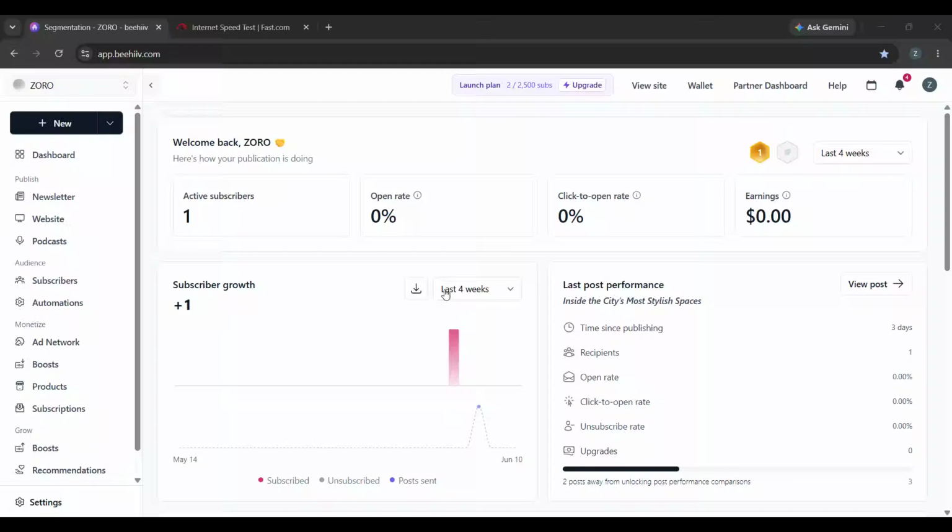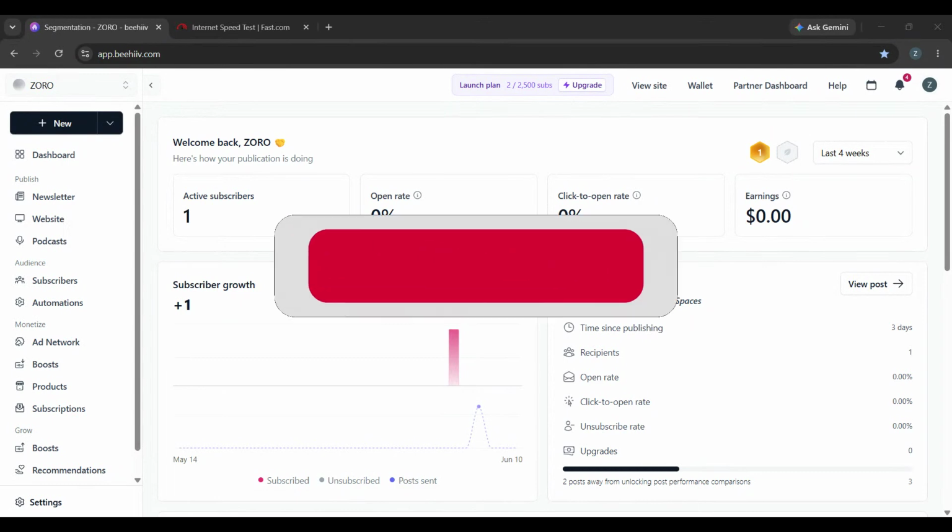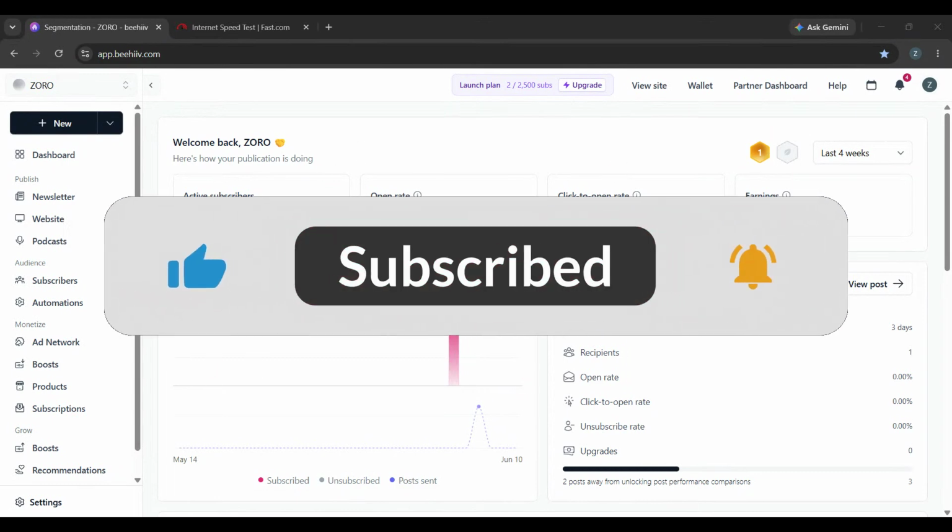If you're seeing Beehiiv error code 461, don't worry. In this video, I'll walk you through the quickest fixes step by step so you can get back into your account and publish without wasting time. This kind of error is usually caused by a temporary session issue, a connection problem, a browser conflict, or an account access restriction. The good news is that most of the time, you can fix it in just a few